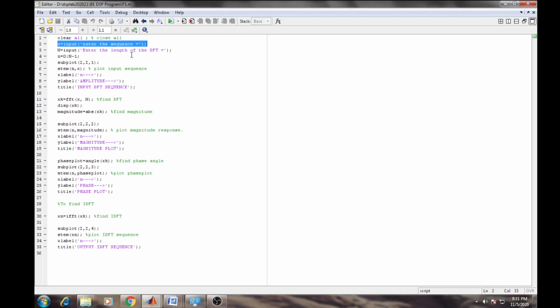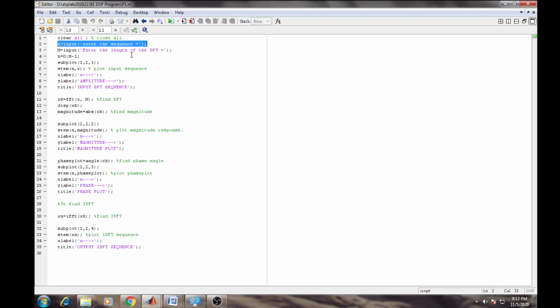What was the formula of DFT? You know, x of k is equal to summation of n equals 0 to infinity x of n into e raised to minus j 2 pi nk by N, right?